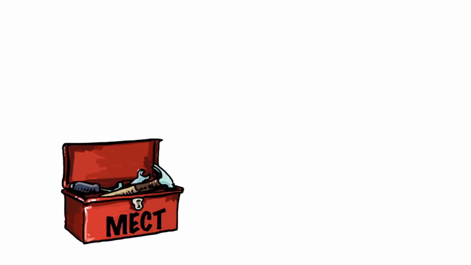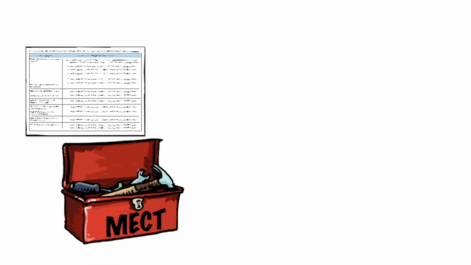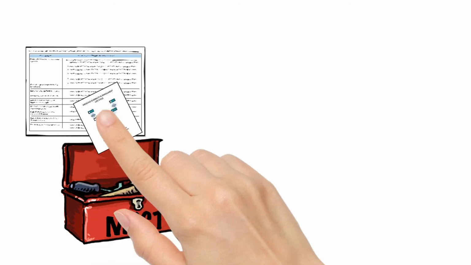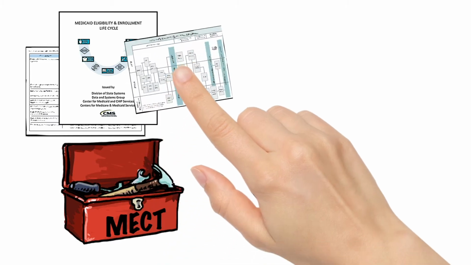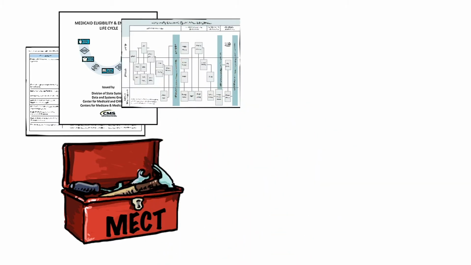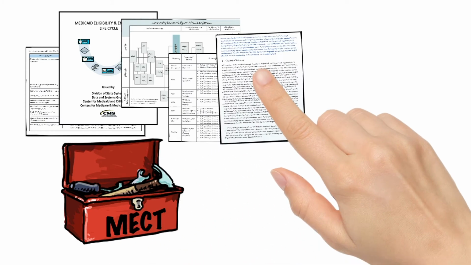Let's get started. There is a welcome document that gives a brief description of the other documents and release notes, the Medicaid Eligibility and Enrollment Lifecycle document that contains detailed guidance about the process, a diagram of the life cycle with quick reference sheets, a list of artifacts to be submitted for each of the milestone reviews, standard wording for